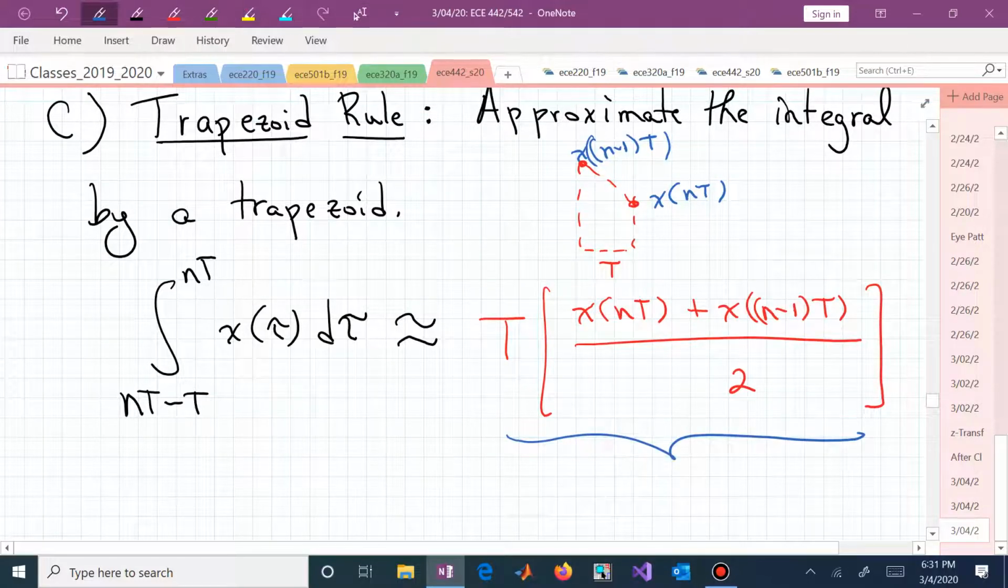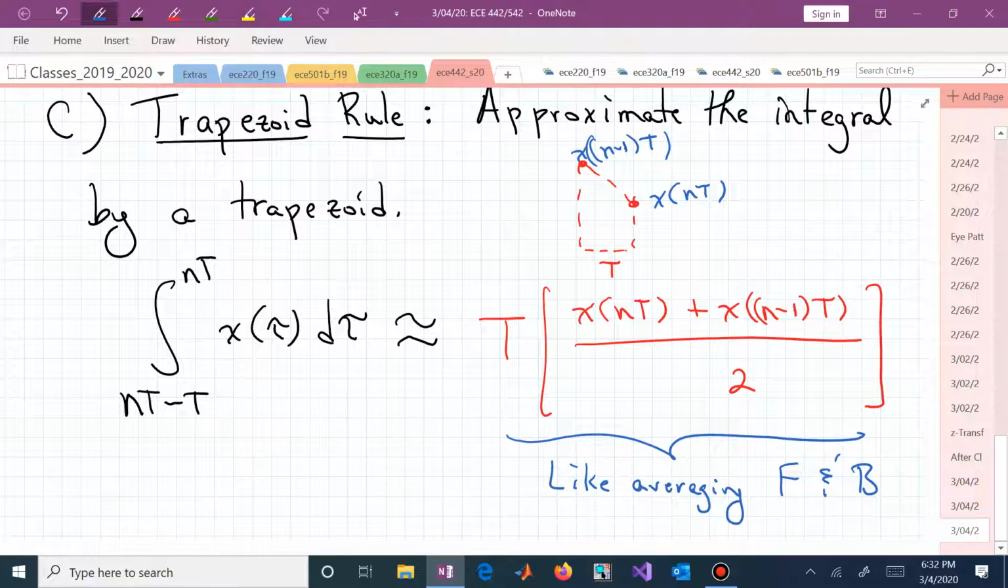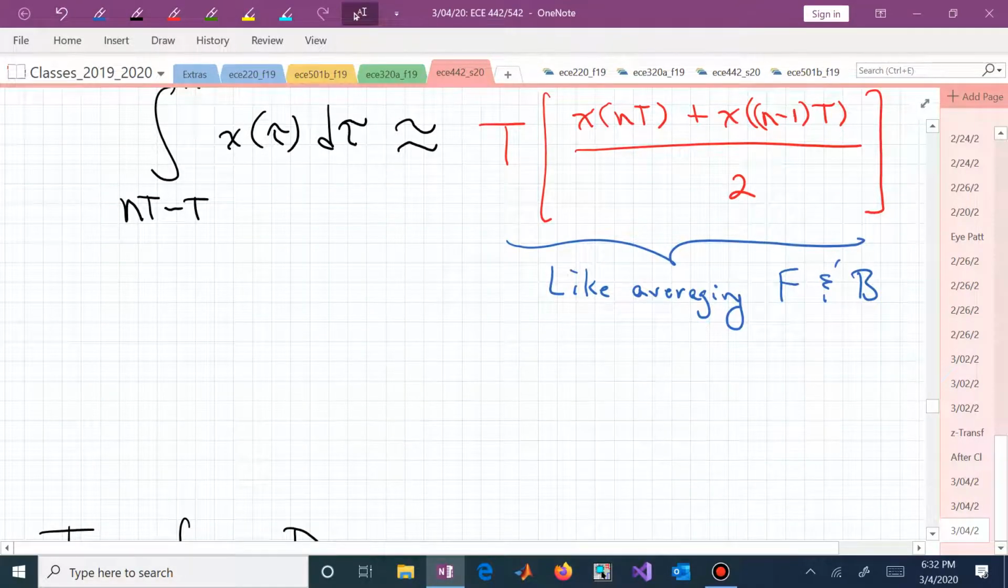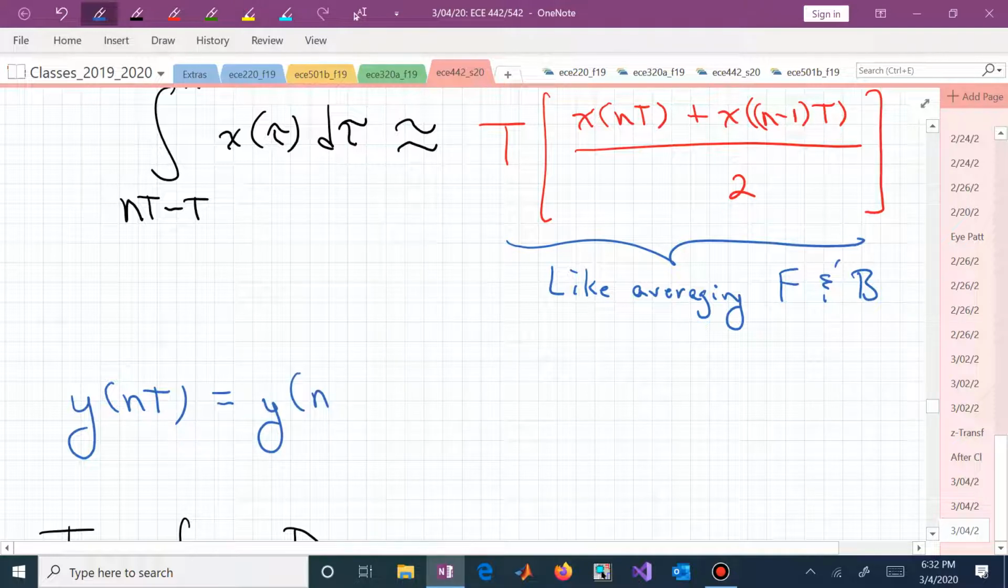And this, really, if you look at it, it's like averaging the forward and the backward strategies that we just performed. This is kind of a Goldilocks approach. It's not too big, not too little. It's halfway in between. Trapezoidal, bilinear. This now says that y of little n capital T is equal to y of little n